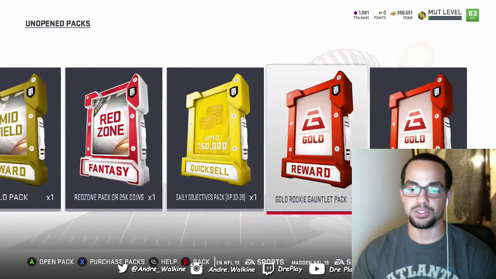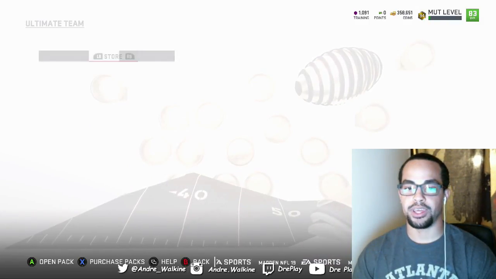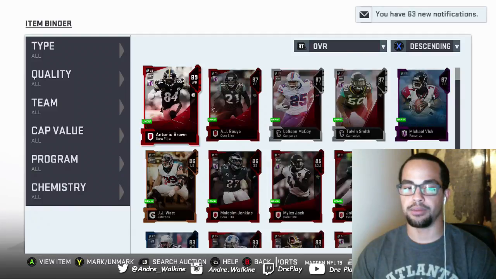And that's it. So we have all that. Oh yeah, I need to go to my item binder. I have 30K in quick sells that we can quick sell. So we'll have just about 400K to spend. I've already kind of divvied it up on